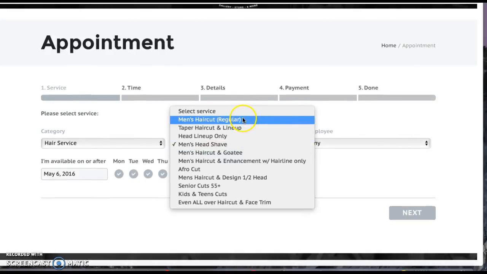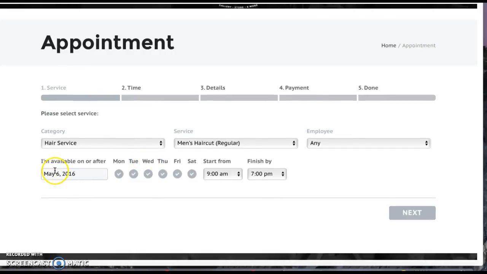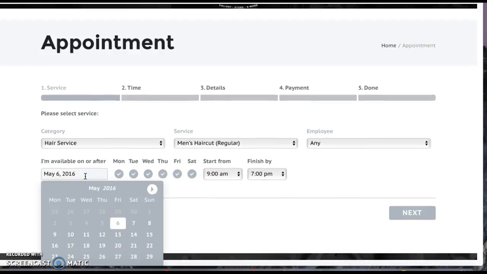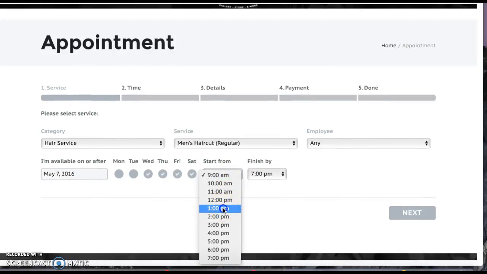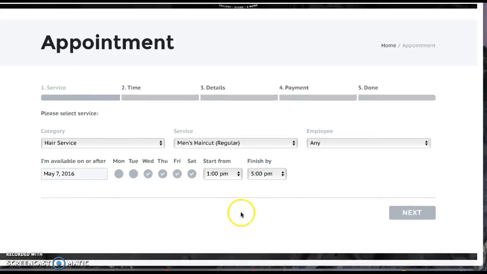All right. So if I want to go to just a regular cut, okay, and right here in this section, I'm available on or after this date. So say if I can't do it today, maybe I can do it tomorrow. I'm available to do it tomorrow. I could choose days if it doesn't really matter. I can't do it Monday or Wednesday. Could you just find me an appointment between 1 p.m. and 5 p.m.? And these times are set based on your hours of operation. So if you're open between 8 and 6, the bookings will only be available at the time you guys are open. So if I were to click next,